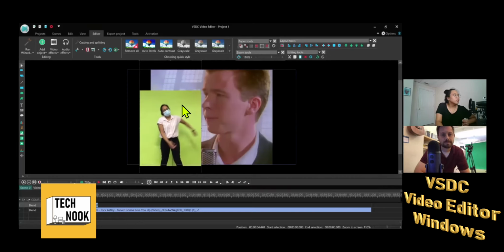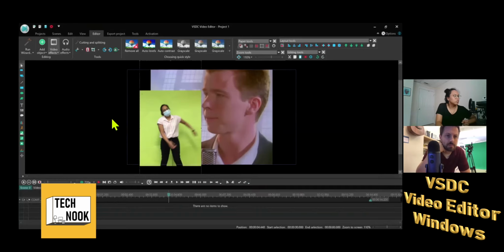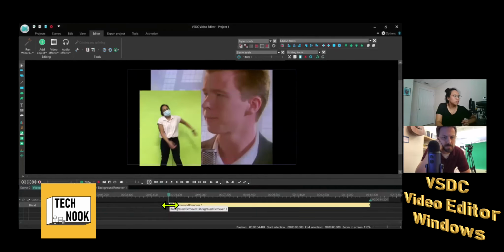And then in order to key it, you go to Video Effects, top left. Go to Transparency, and then Background Remover. And on the right, where's my properties?